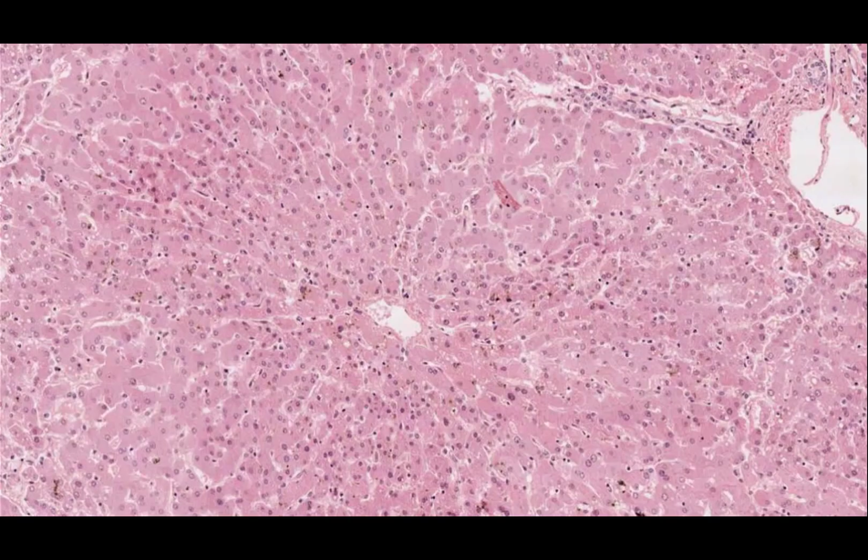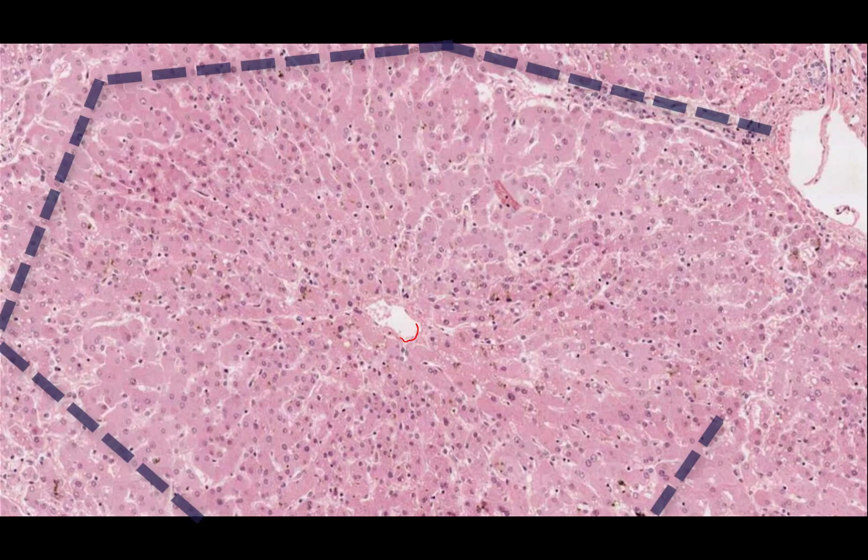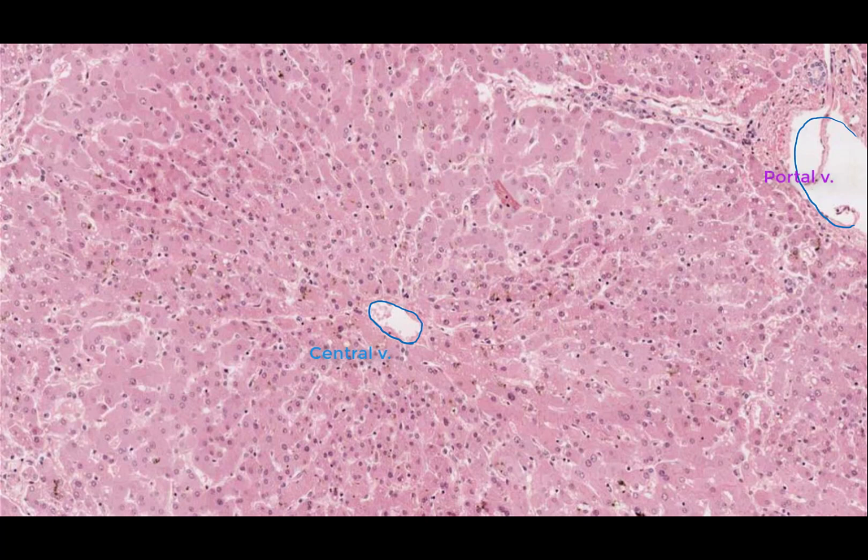This is a normal histological section of the liver. In the hepatic lobule, you can see here is the central vein, while at one of the angles of the hexagon, we can see a branch of the portal vein. So the blood will pass from the portal vein into these sinusoids in between the hepatocytes until it reaches the